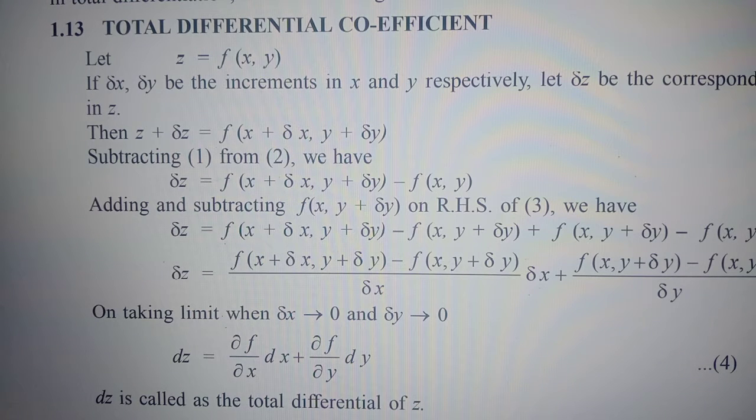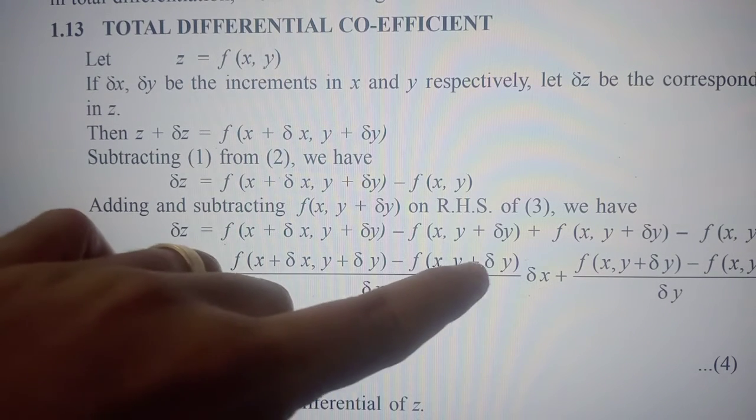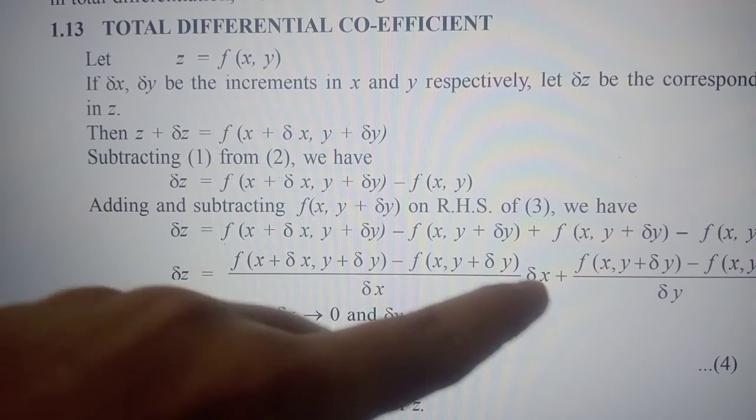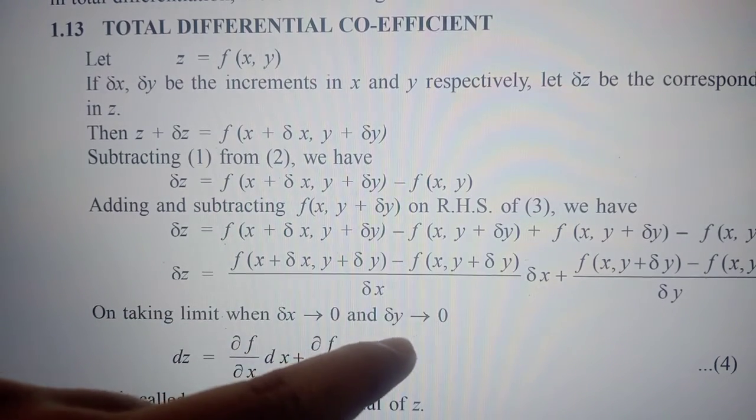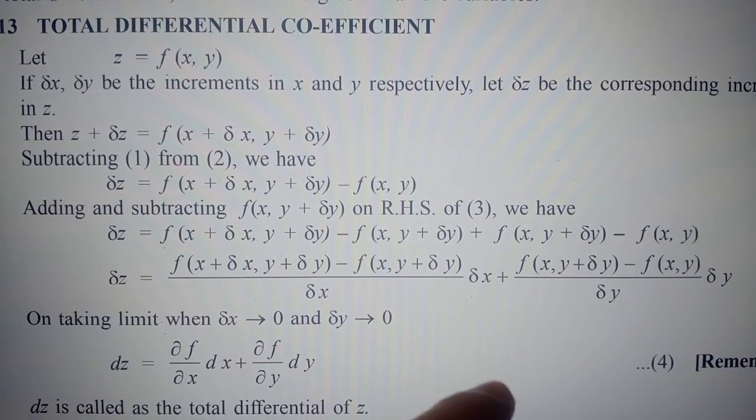Okay, adding and subtracting f of x comma y plus delta y on the RHS of equation 3, that is in the above equation we are adding and subtracting f of x comma y plus delta y, and we are multiplying with the delta x and dividing by delta x, and here also we are multiplying with the delta y and dividing with the delta y,